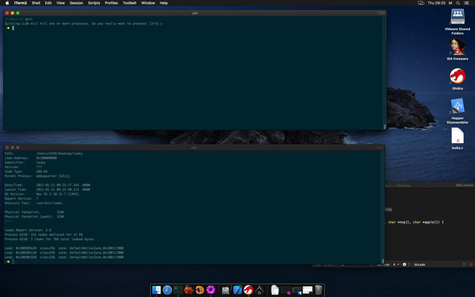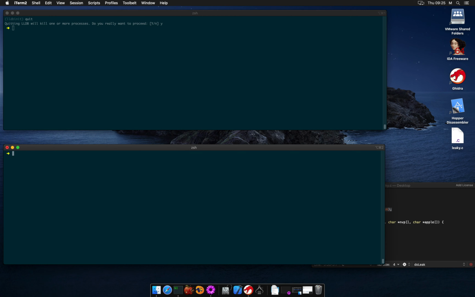Before wrapping up this episode, let's see another useful flag that we can pass to the leaks application. It will allow us to output a memory graph, possibly very useful.